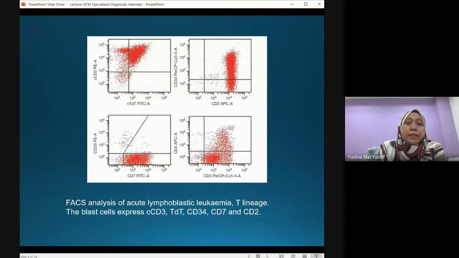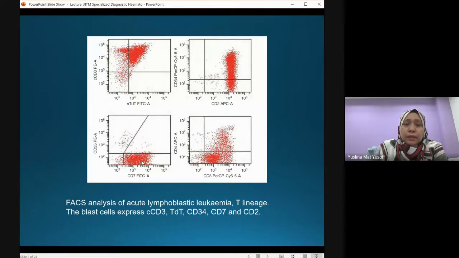So these are the forward and side scatter. This population is actually the blood cells. What we can see here is that these cells are positive for cyto-CD3 and TdT, which is the immature marker and a marker for T cells. Here it is also positive for CD2 and CD34, also the marker